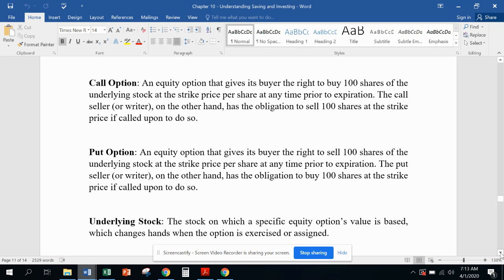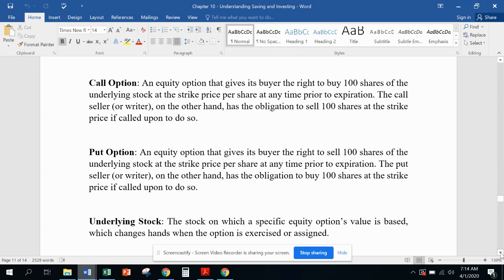Now, on the other side of that, somebody sold me the put, or that writer has the obligation to buy 100 shares from me at that predetermined strike price if I exercise the option. So again, that term, I'm going to exercise it if it's in my favor, and the seller is obligated to fill that position. Now, I don't have to exercise the put, I don't have to exercise the call, but if it's in my best interest, I can. And the writer or the seller of the option is obligated